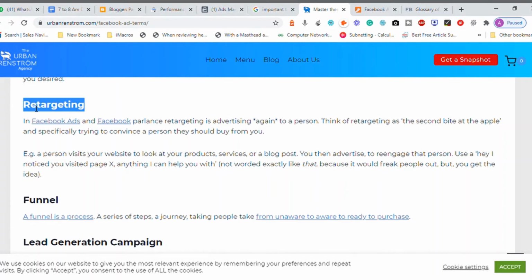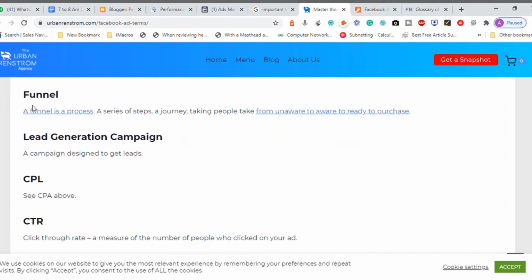A funnel. In Tamil we call it a funnel. At home we use this particular funnel to pour kerosene inside the stuff. The same way, a funnel is a process where a person is requested to take an action one after another, and finally ends up buying the product.